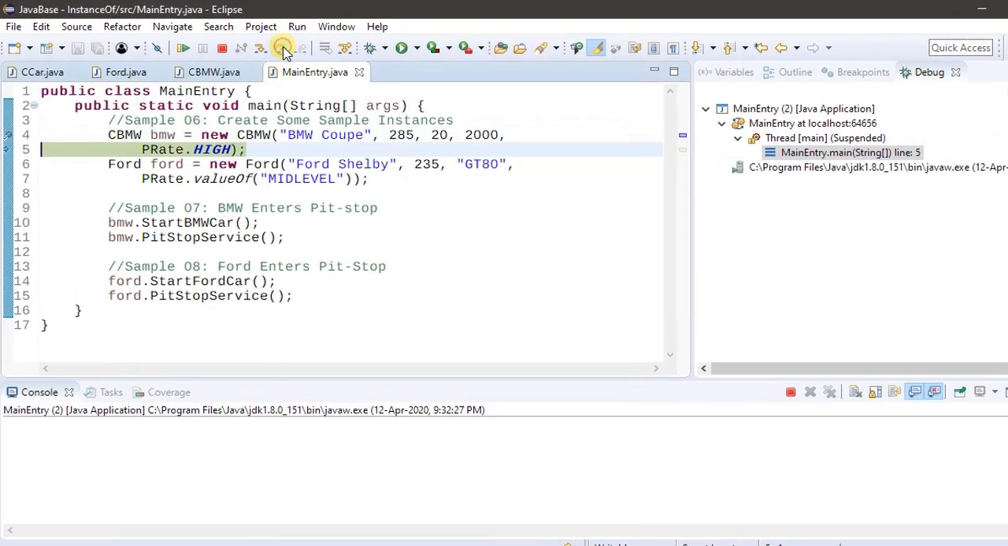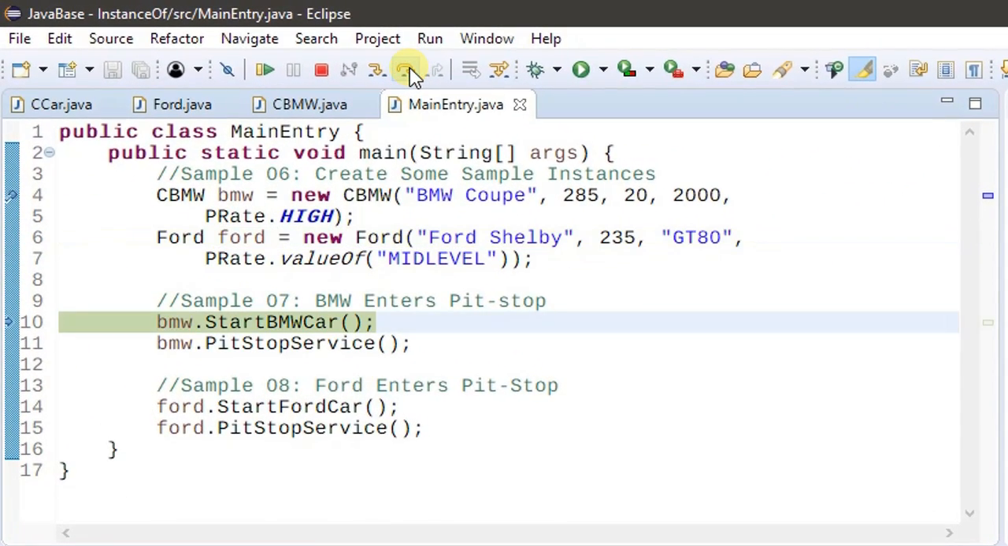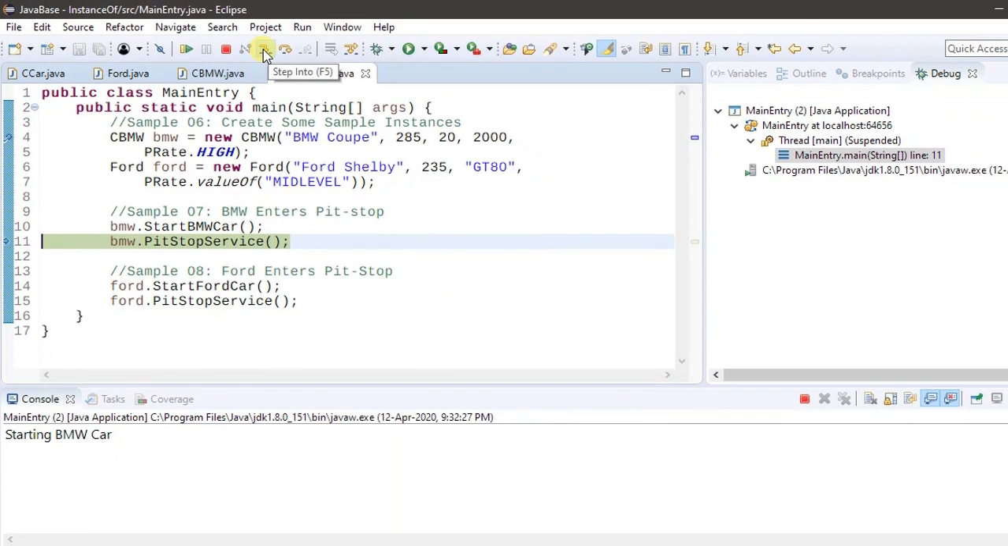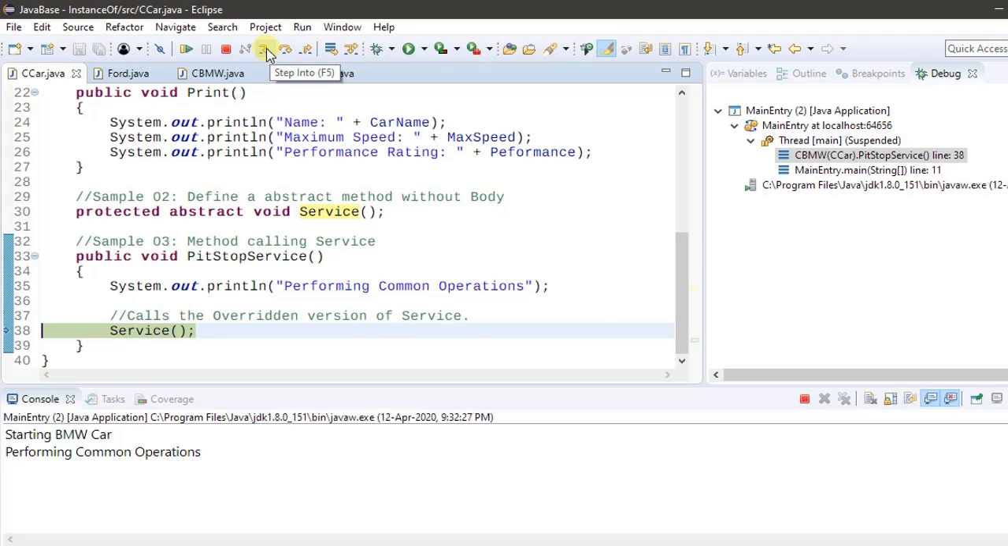So what I'm doing, I'm just creating the instance of BMW, then we are creating the instance of Ford. We are calling start BMW car. Now we will step inside this pit stop service method. It will go to the base class pit stop service. First it prints the performing common operation. That's common for all the cars. Then we are calling the service method. Note that here it is a base class. In the base class itself we are calling the service,